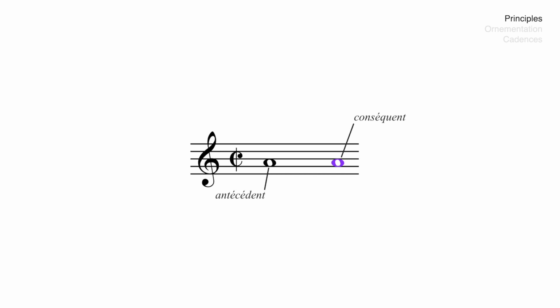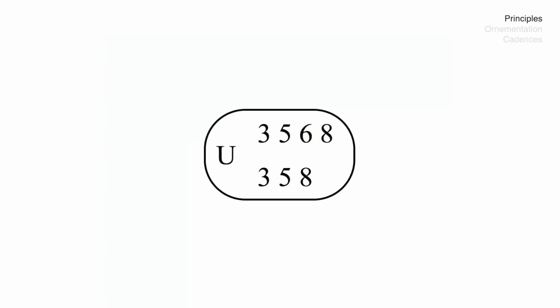For instance, the antecedent can stay on the same note, which will create a unison with the consequent, but he or she can also rise by a third, which will produce an interval of third, or else he or she can rise by a fifth to produce a fifth, or a minor sixth, or an octave. But he or she can also go down, for instance by a third, but also by a fifth or else an octave. Please note that the descending melodic sixth is not in use at the Renaissance. This diagram sums up the melodic intervals that the improvising antecedent can make from one beat to the next.